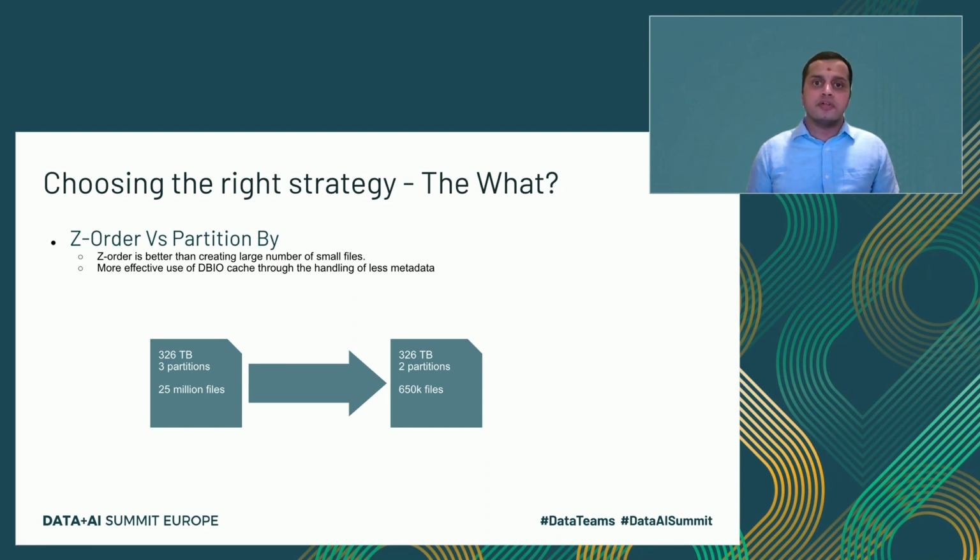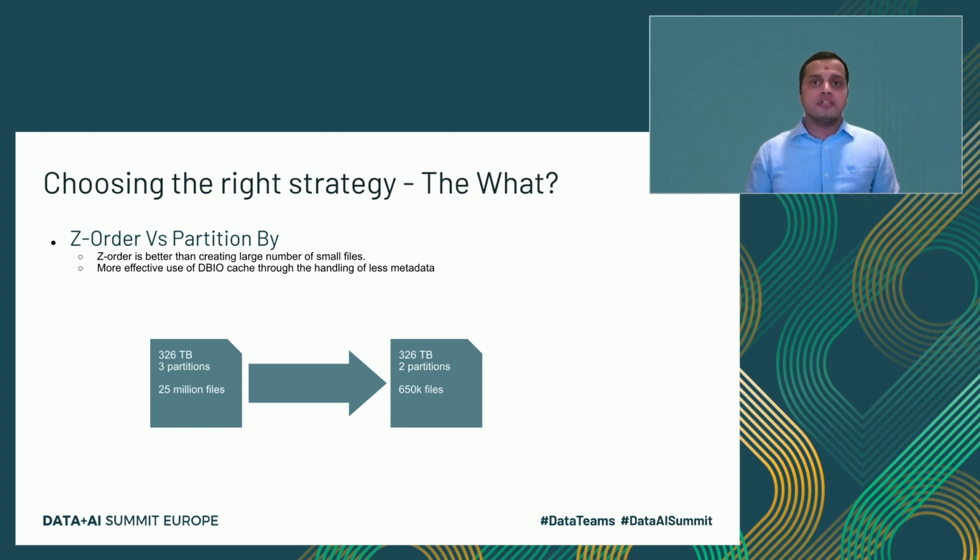So we had a customer who had more than 300 terabytes of data in a Delta table, and they had three partition columns. That is, they partitioned the Delta table on three columns. And what happened is that it was creating 25 million files. So what we recommended to the user was to partition based on two columns, and instead of partitioning on the third column, do Z ordering. And we could see that the number of files came down to 650K. Considering the volume of the data, that's a pretty good number. And the read performance was much better because now we are dealing with fewer files.